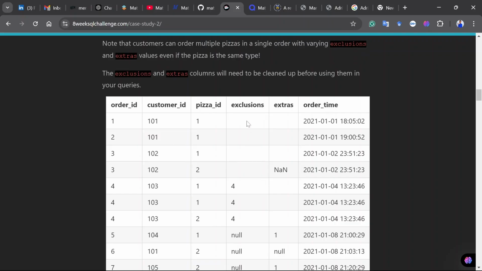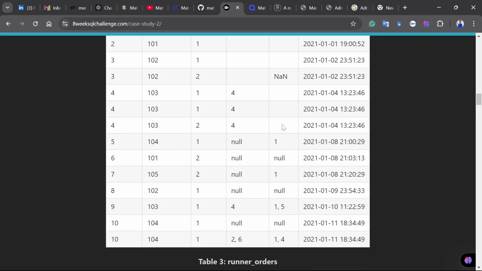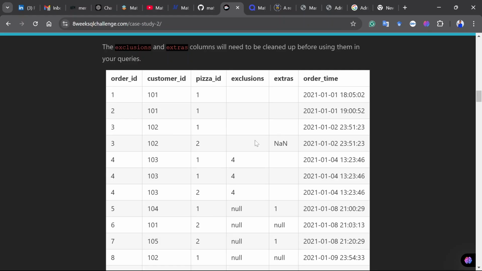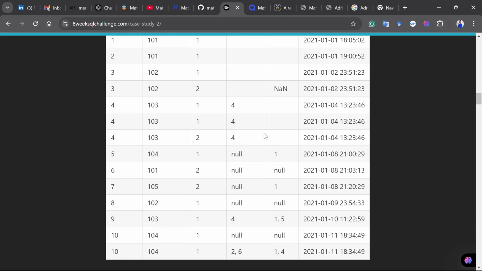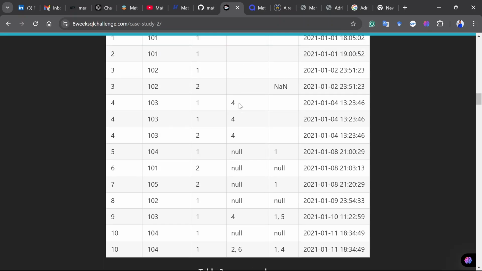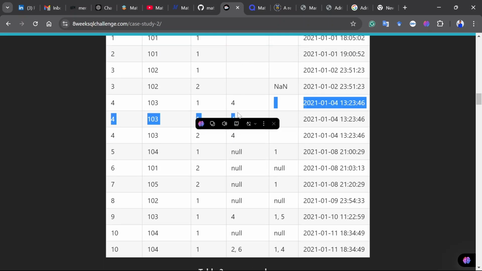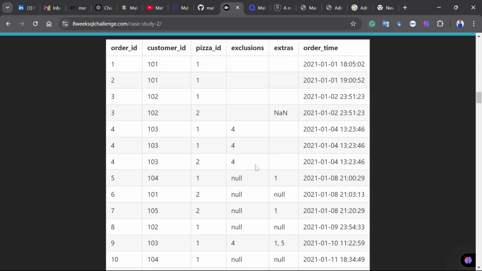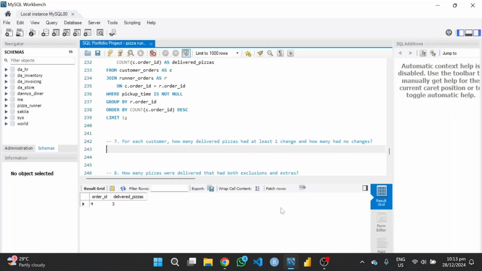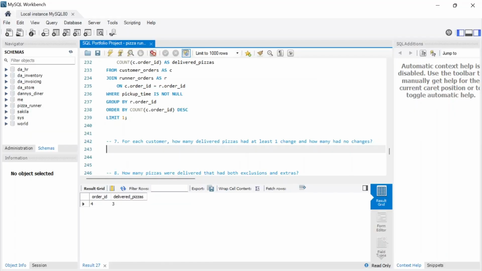So at any point, if we want to see that there is no change, then all these places must be null. Once it is null, it means that there wasn't any change. But if it is not null, if it is not empty, it means that there is a change to it. For example, those with values have a change and those with null have no change. So that is what we want to look at. So we have to combine each of them separately, and that is what we want to look at in question